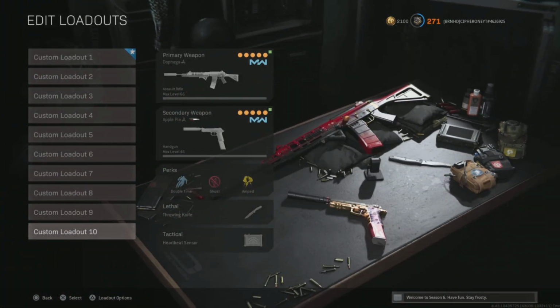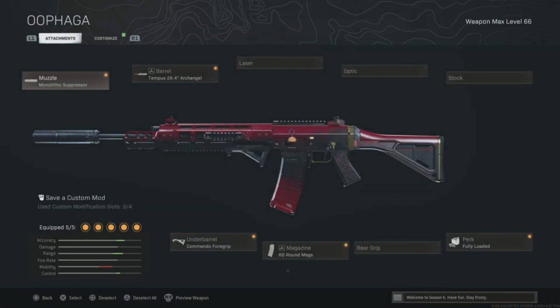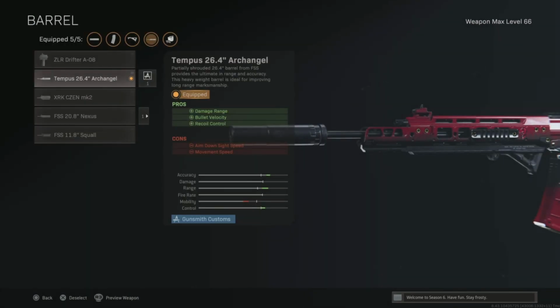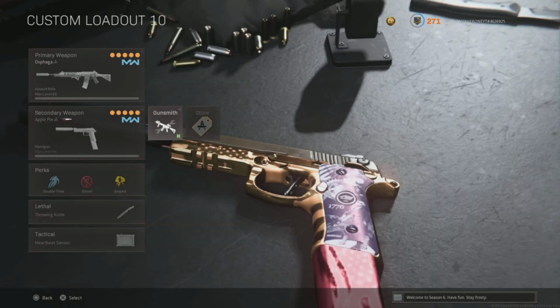And then for the last loadout, which is my Ghost Fully Loaded class, the Growl, which is probably the least recoil gun in the game right now. Monolith Expressor, Tempest 26.4 Archangel Barrel for damage range, bullets, and recoil control. Underbarrel Commando foregrip, 60-round mags. Perk Fully Loaded because this is for when, let's say you're in Rebirth and there's like two teams left. You want a loadout that has max ammo and max pistol ammo, which leads me to my next gun,